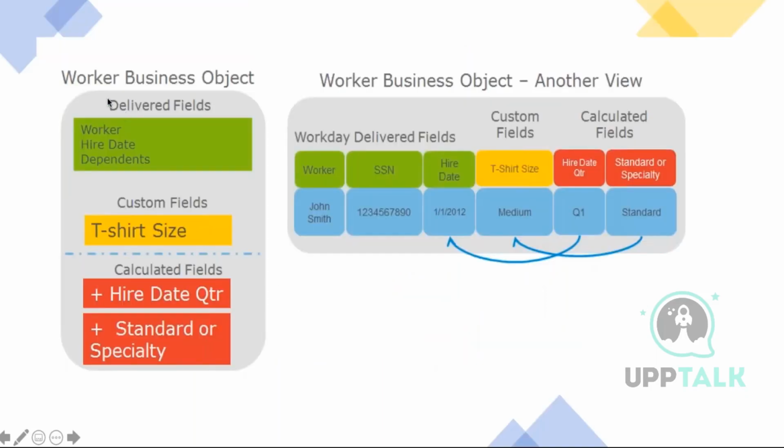One is delivered field. By delivered field, I mean anything which is being provided by Workday, delivered by Workday. Then comes custom field. Custom field is something which Workday did not provide as delivered, but your client asked the partner to configure it. So suppose, let's assume